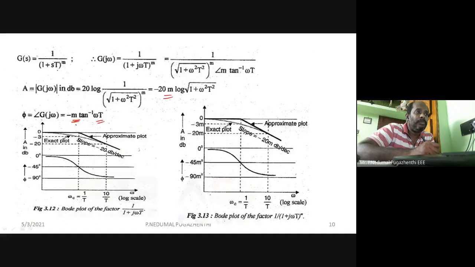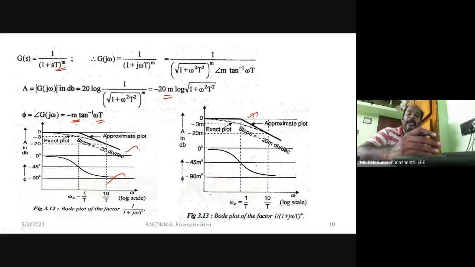You can see that if it is of higher power, then you multiply that with that 20 value. For a first order general factor, your plot will be exactly looking like this. This is your approximate magnitude plot and this is your approximate phase plot. And if the power increases, then there is a sharp bend. You can see the cutoff frequency like that. At the corner frequency, you'll have a sharp bend depending upon the type of slope between adjacent factors and the corner frequencies. And you can see that the phase angle is also having a sharp change. So this is for a first order factor in the denominator.